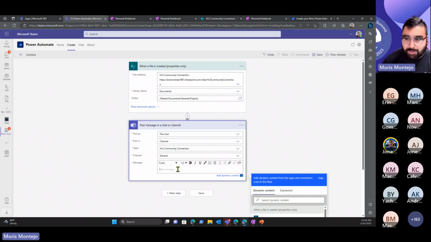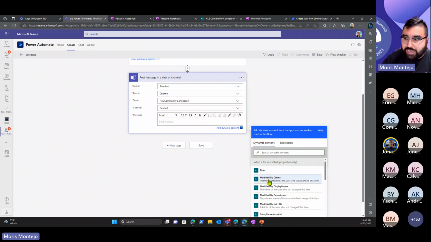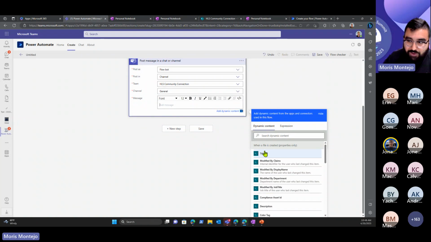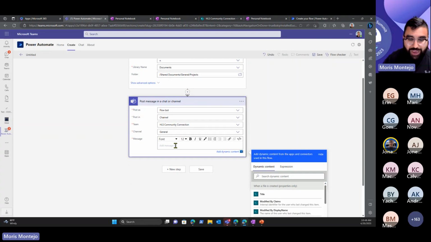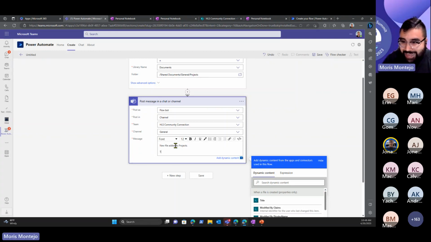What do I mean by dynamic? I can use information, all of this information, as soon as I put my cursor here. This is what we call the dynamic content box. This metadata is information about that file that was created that you can leverage in this message. So I can do things like "New file added to projects," and I can put title,